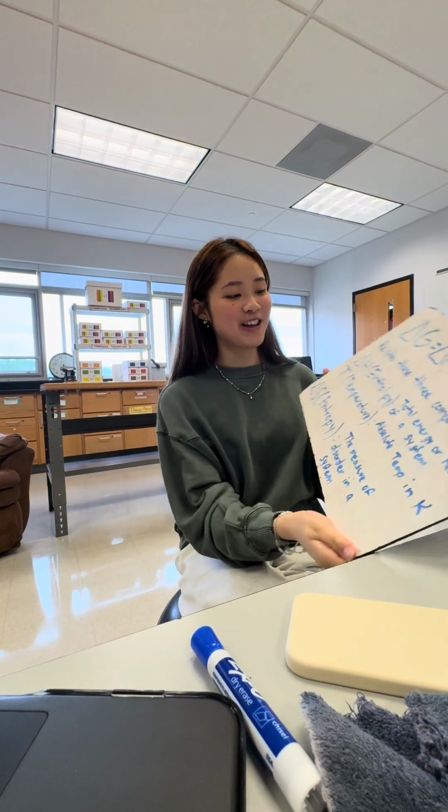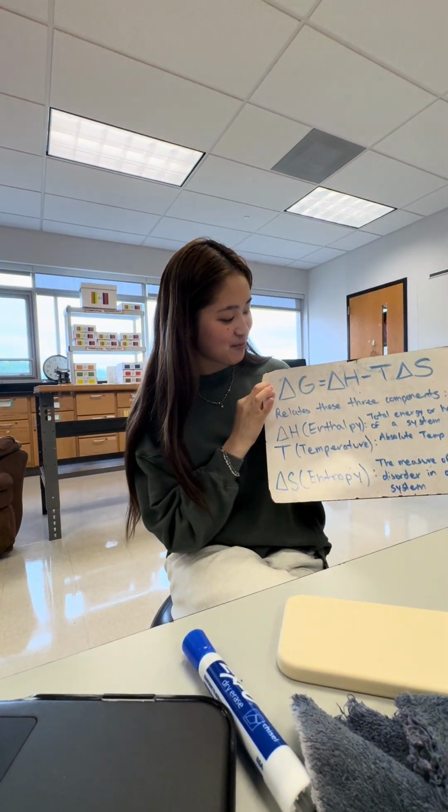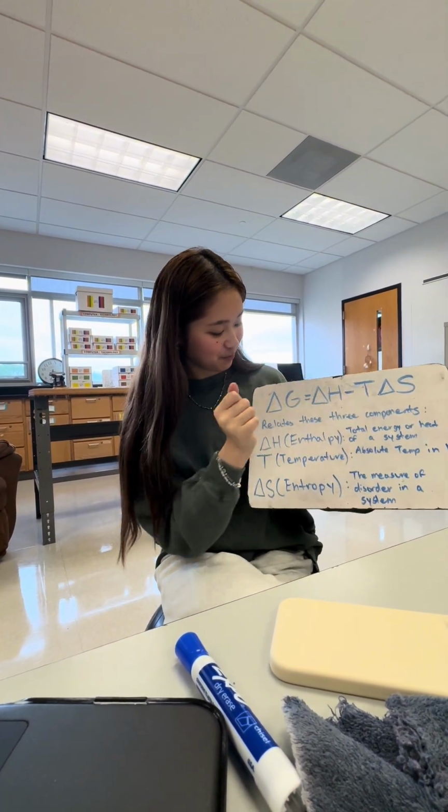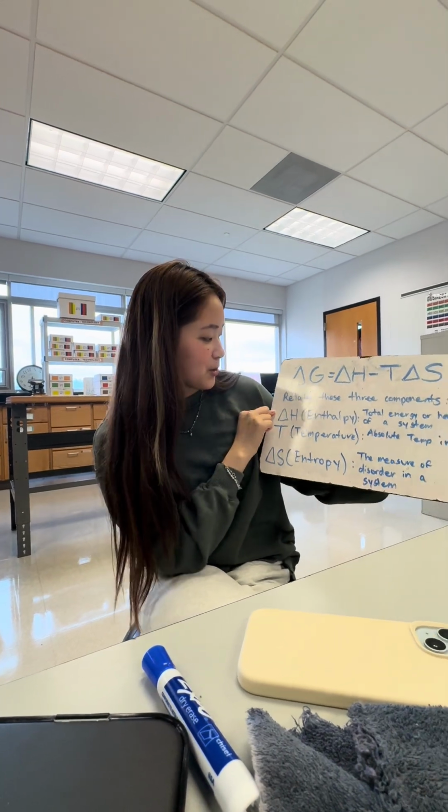So Gibbs free energy basically just tells us whether a reaction will be spontaneous or not. And that is going to be based off the energy, the temperature, and the disorder. Which, as we can see here, Gibbs free energy can be calculated through this equation, where delta H is the